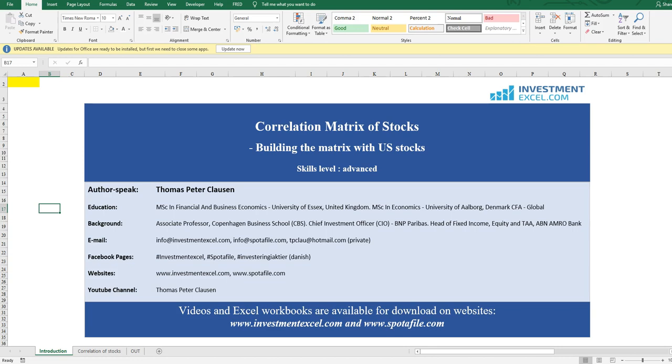I'm representing investmentexcel.com in this presentation on how to calculate the correlation coefficient between two assets and also how to calculate the correlation matrix of several assets. And we will use stocks from the US market as an example